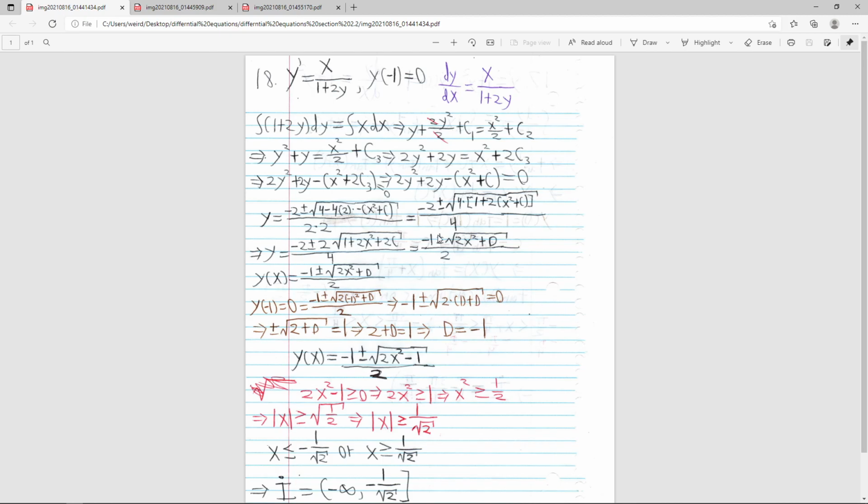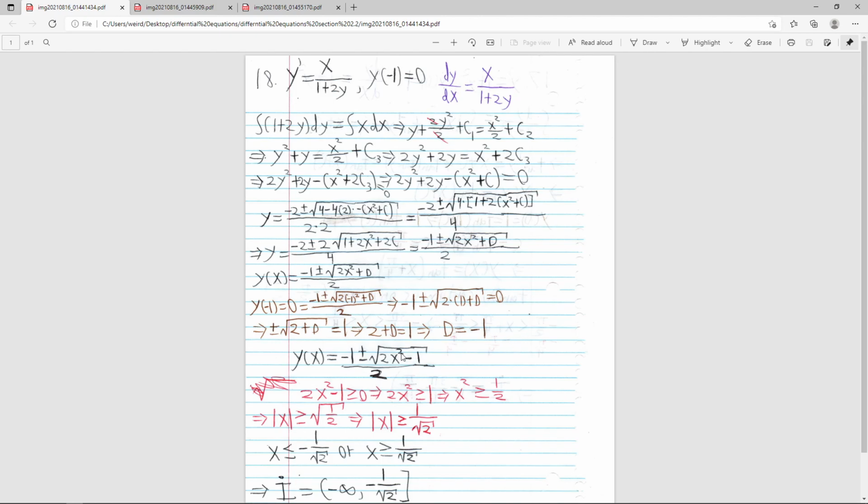This is very similar to that process we used to have. So we solve for d because we have 0 on one end of the equal sign. Yeah, we can multiply by 2, so that gets rid of the denominator. Then we add 1, so just plus or minus square root of 2 plus d equals 1. We can square both sides to get 2 plus d equals 1, so subtract 2 and you get d equals